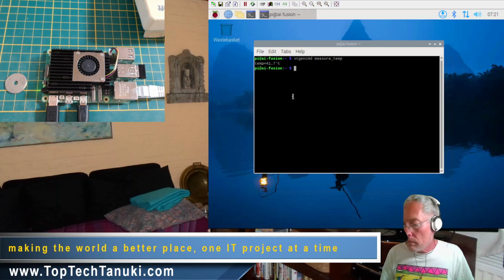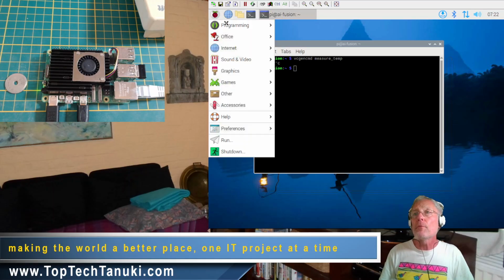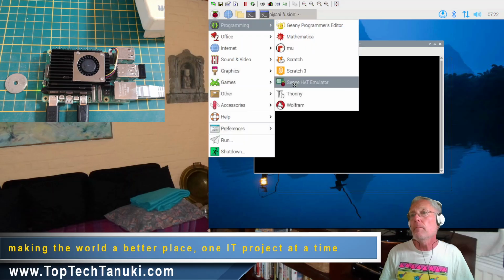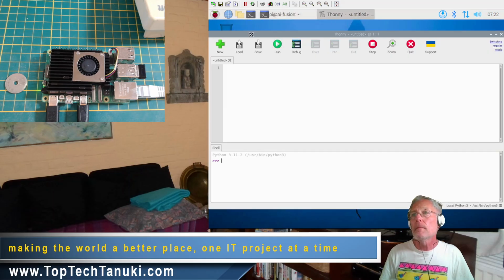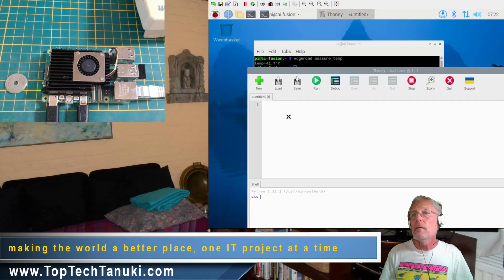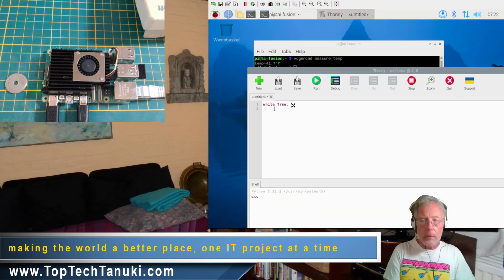So the fan is not moving, and I want to try to see the reaction when I increase the temperature. So how can we increase the temperature? By doing something in maybe Python here. Okay, so while True, we make a blank operation, we use a trash variable which is underscore, and we make an operation like